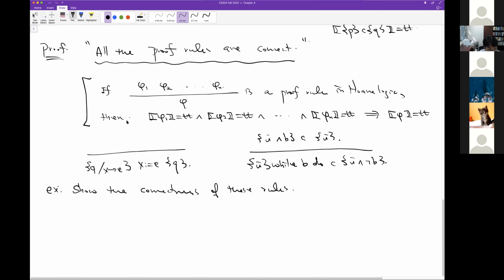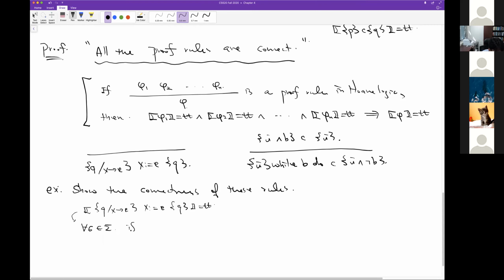Okay, so let me show you how to solve them. For the first question, we have to show the correctness of this rule. Q is going to be true. And what does this mean? This means that for all state sigma,